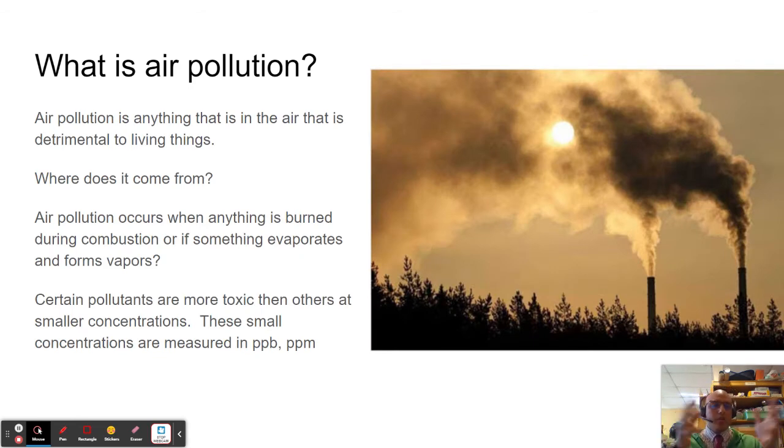Now, that term pollution is a great term to understand. Once you understand the term pollution, we could apply other words to it. Pollution is going to be a term used to describe anything that becomes detrimental to life. It could hurt animals, it could hurt plants, it could hurt humans, it could hurt insects, anything. So once the environment is changed in such a way that it becomes dangerous or it can hurt an individual or an organism, it is then considered polluted.